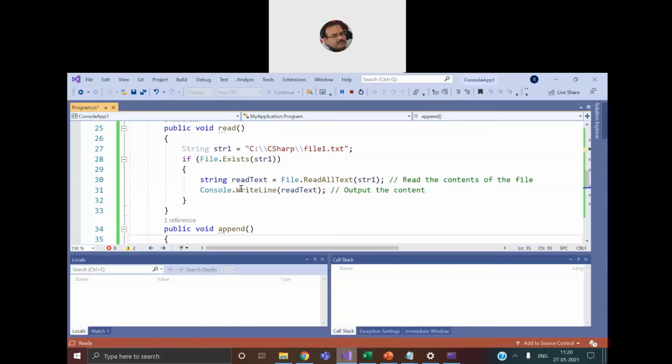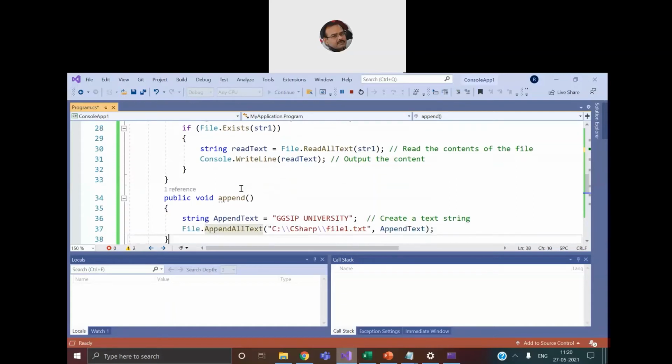The data will be written into the file already, and the file pointer will move to the end of the file, and whatever the new contents are, it will append to the already existing content. So no content will be overwritten, but the previous content will be appended with the fresh contents which will be received from the user.